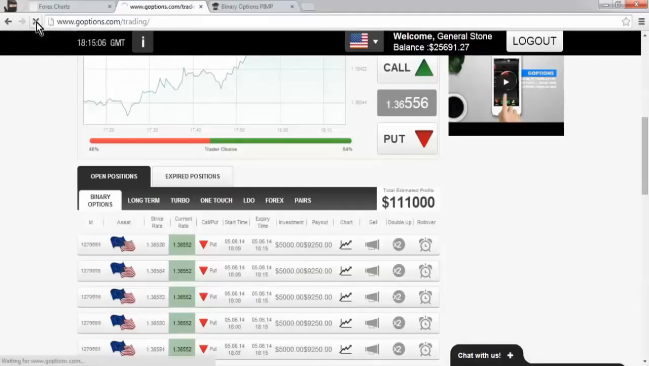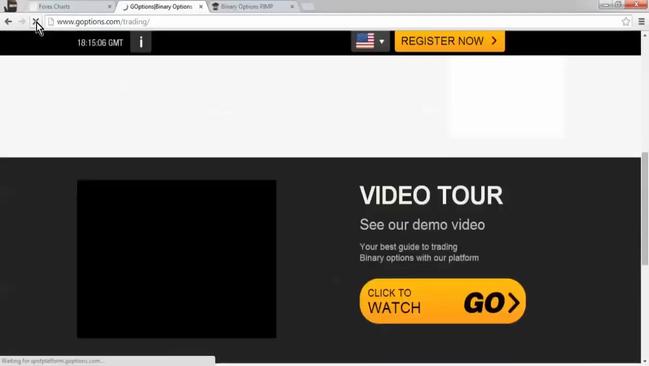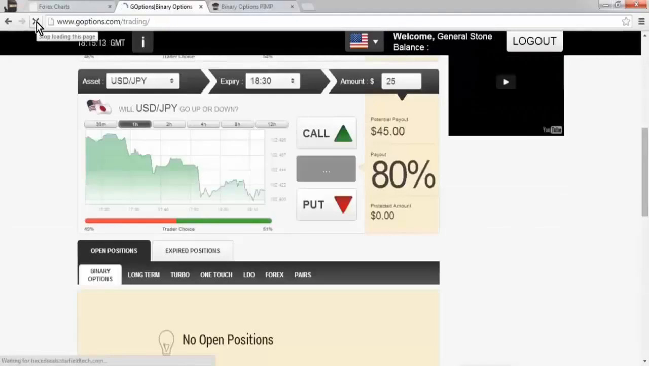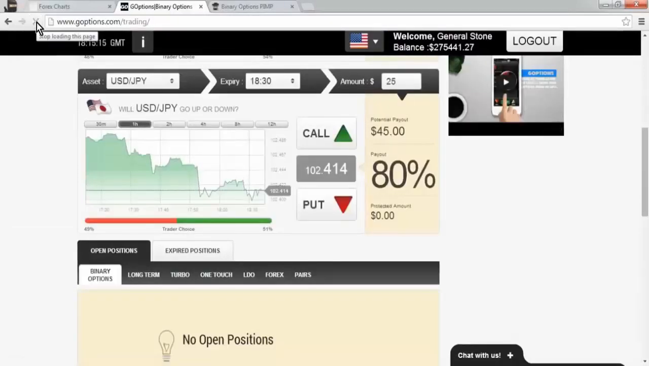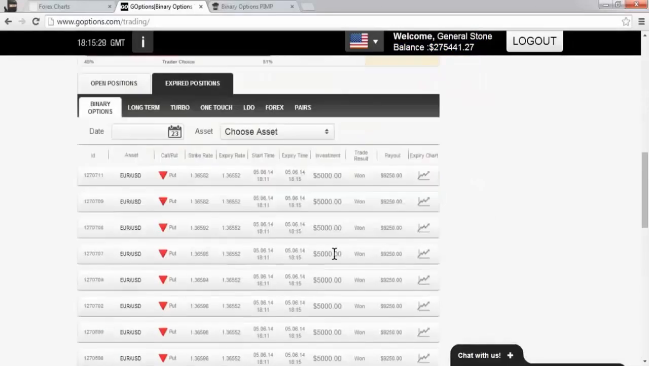So let's just refresh the page. There are a huge amount of trades there to be refreshed. So obviously, in terms of total value risk, I think it was about $135,000 total risk. And here's my balance, ladies and gentlemen, $275,000, or should I say $275,441.27. And just to prove it to you that it's all nice and live, that's why I do these videos,